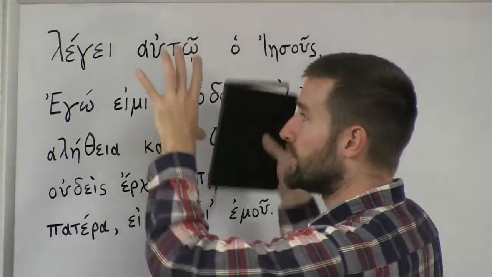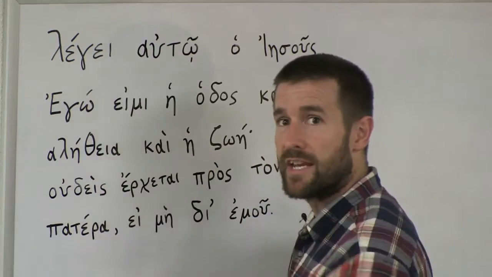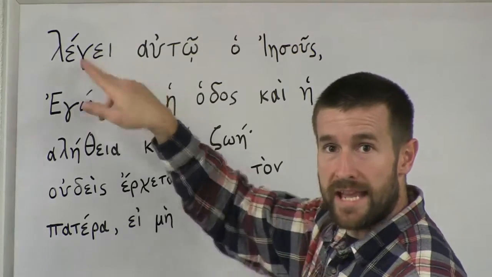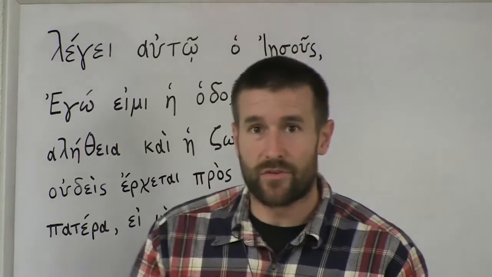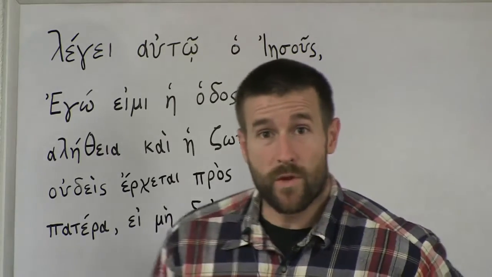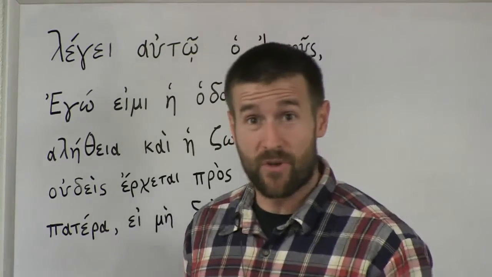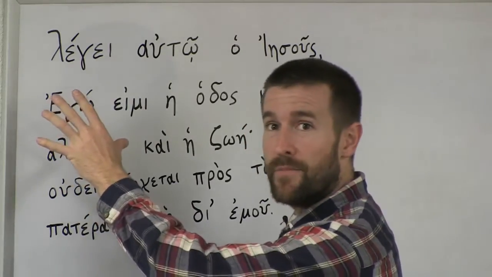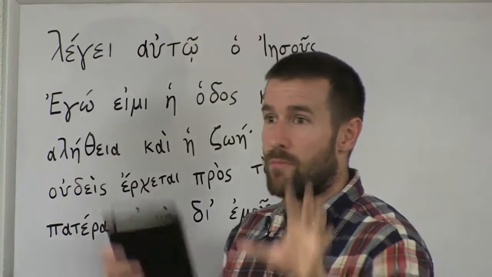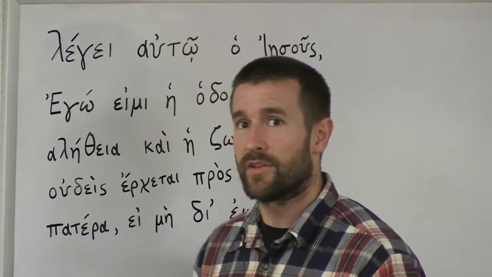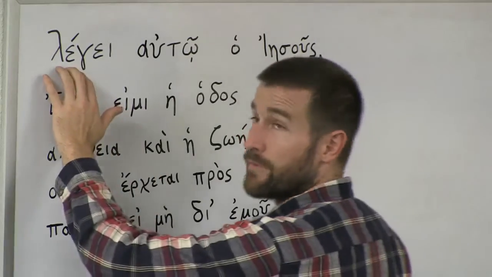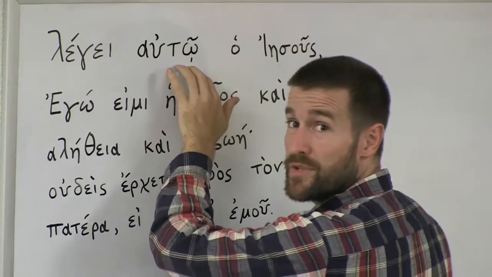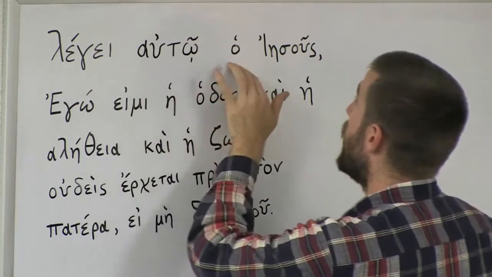And let me give you some tips for memorizing this verse and also just understanding what the words mean for a total beginner. Legi, all right? Legi here means says or saith, right? So you say, well, that's kind of a weird word to start the verse with. You know, starting with the verb is not something that we would do when we speak English, right? But again, as I said in the other video, word order in Greek is a lot more fluid. I mean, you can move things around and it doesn't really change the meaning. And so it starts with the verb here, legi, which is saith, αυτό, which means to him, o Isus.